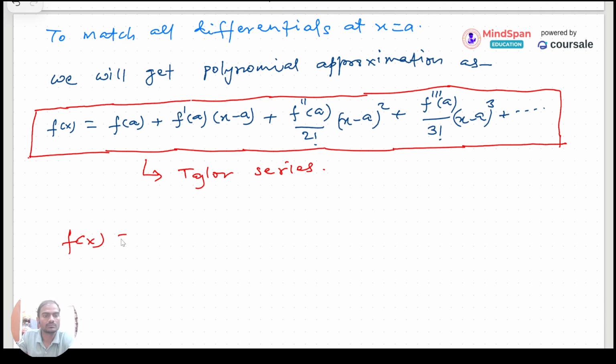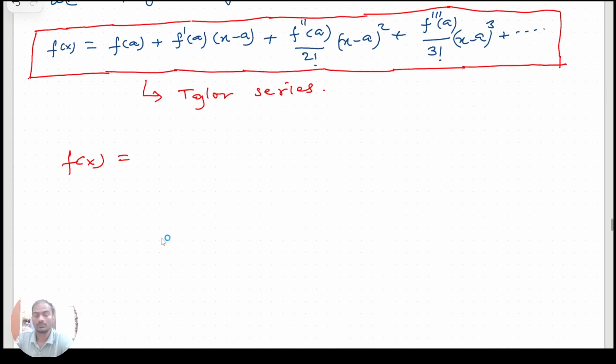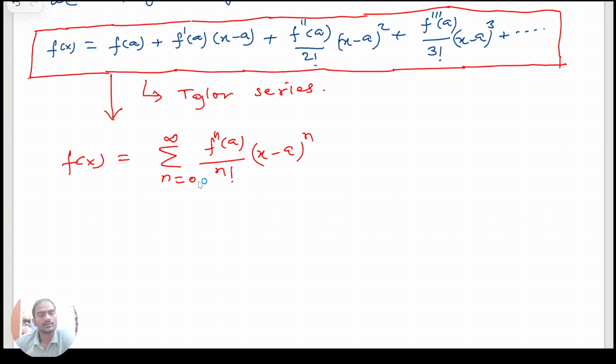f(x) equal to समेशन के टर्म में इजी रहेगा, n equal to 0 to infinity, f^n(a) by factorial n into (x minus a) raised to power n। तो ये ऊपर वाला चीज को ही हमने इस तरह से लिखा है, इसको आप एक्सपेंड करोगे सीरीज को तो वो वापस से वही बन जाएगा, राइट।